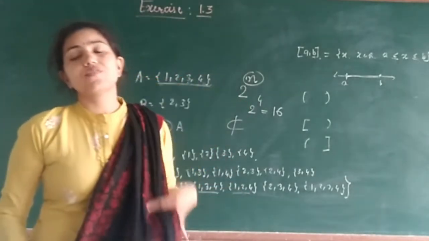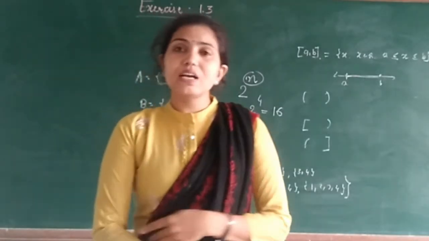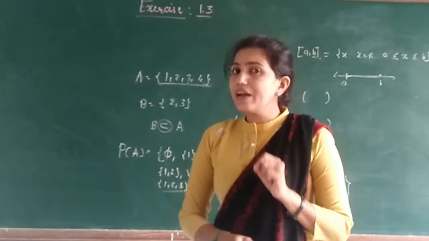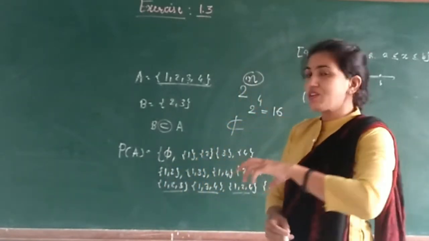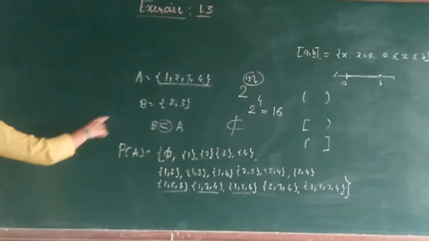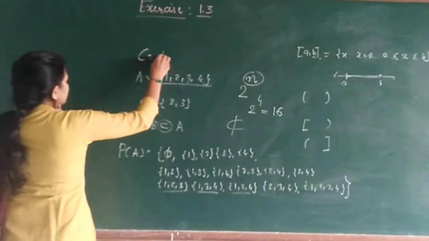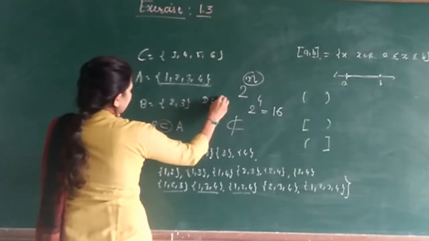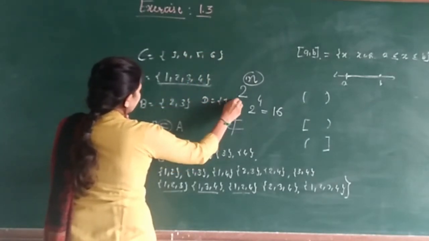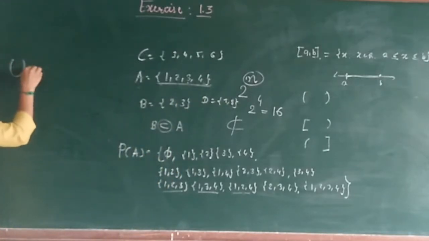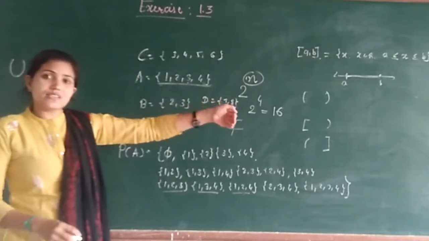And after that we have seen the universal set. So universal set क्या होता है? Universal set, that means the set which contains all the sets as subsets. मतलब कि हमारे पास A is equal to this, B is equal to this, C is equal to 3, 4, 5 and 6. One more set, D is equal to 7 and 8. Now I have to consider one bigger set which contains all these 4 sets as subsets.